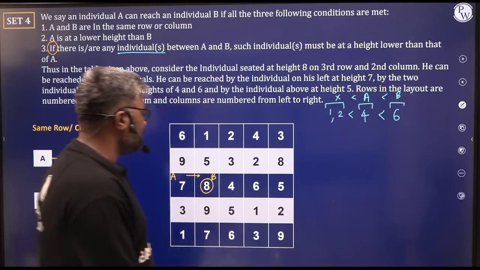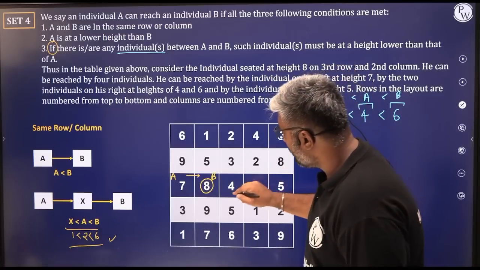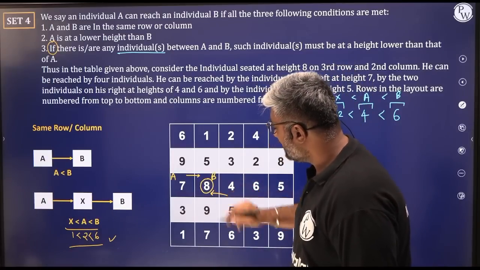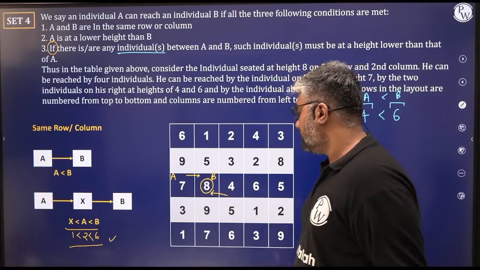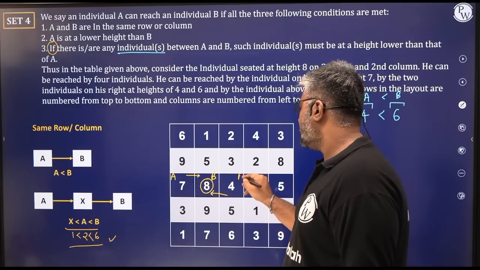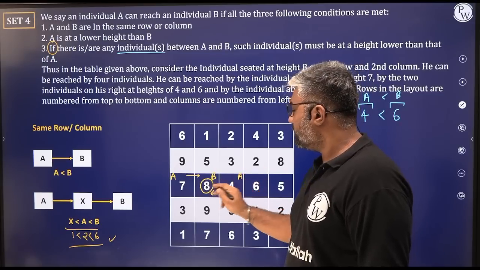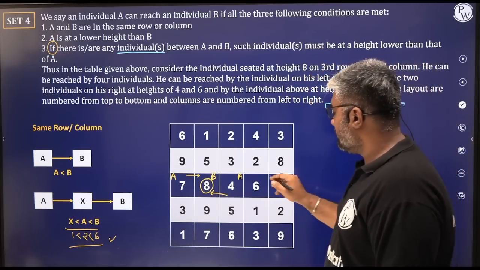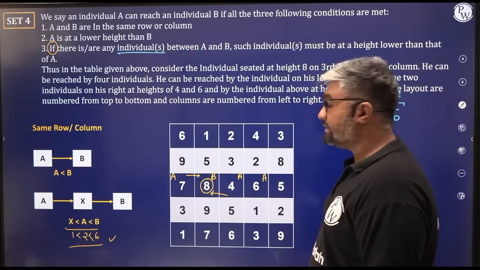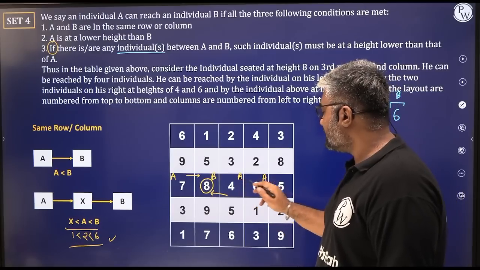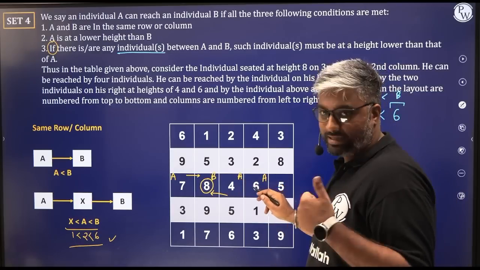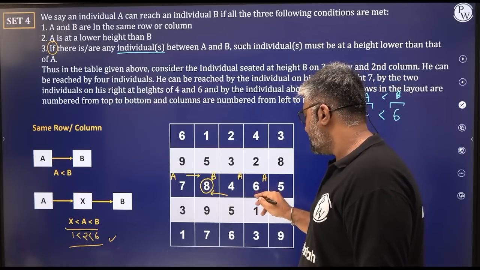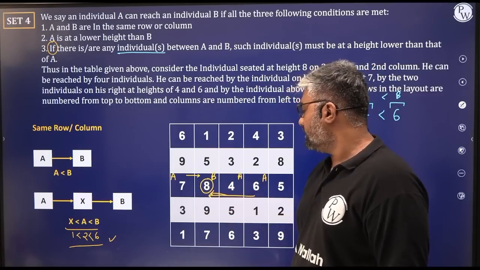Same way, is it possible for us to reach from 4 to 8? 4 to 8 is again possible. Why? Because if A is 4, then 4 to 8, 4 is less than 8, possible. Yeah. Can we have the third situation where A is 6? Now, this will become X. Is X less than 6? Yes, it is. Is 6 less than 8? Yes, it is. Can we reach from here to here?